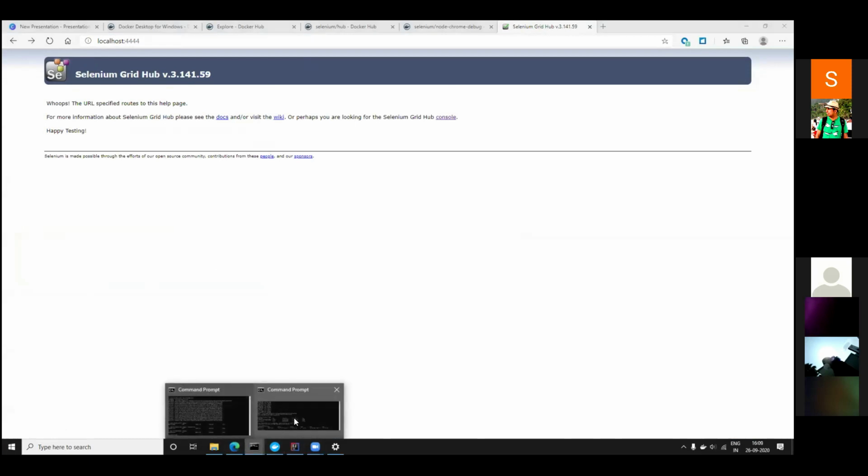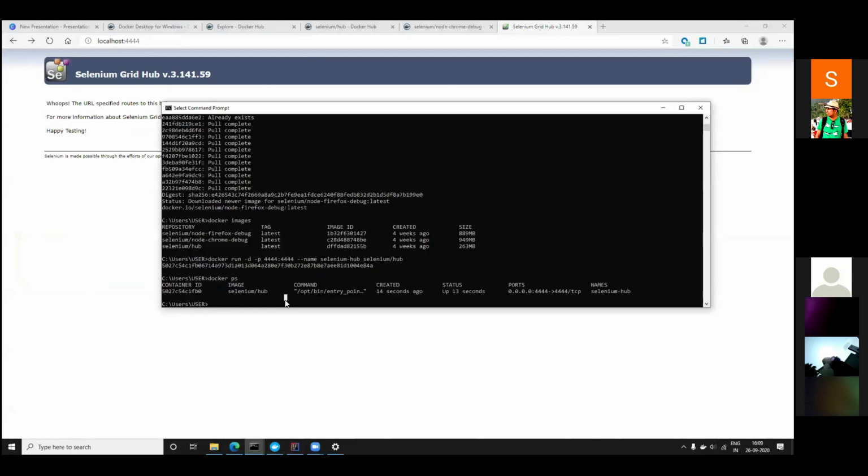What we are going to do next is create one container which connects as a node. So docker run, I'm going to use the -d option again, and -p. If I don't use this -p option, it will not expose this port. Then --link.